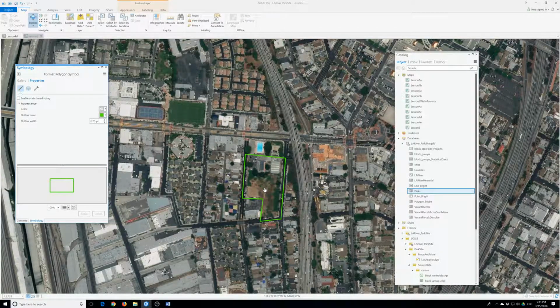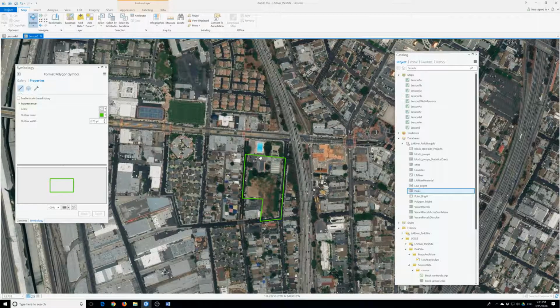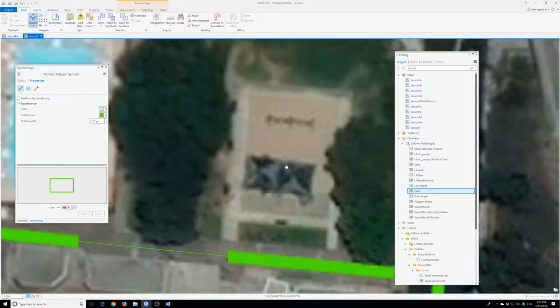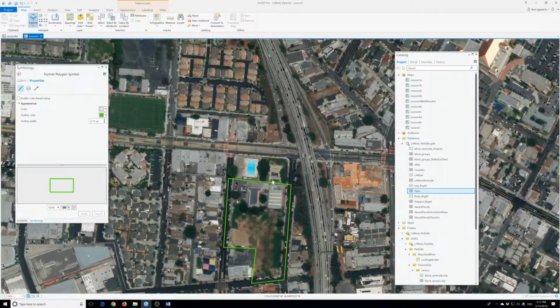We see the whole bookmark in the figure here, and then the feature here. We see it doesn't include the swimming pool, so we might have to drag it so that it will include the swimming pool. And if I'm zooming, there is a playground here. You see the houses and stuff. So